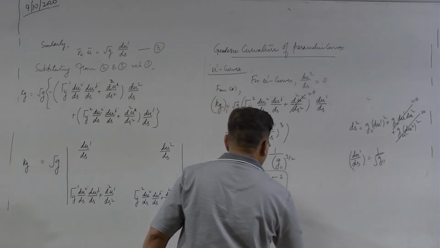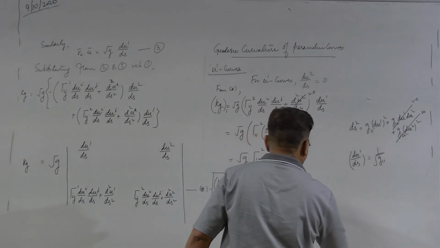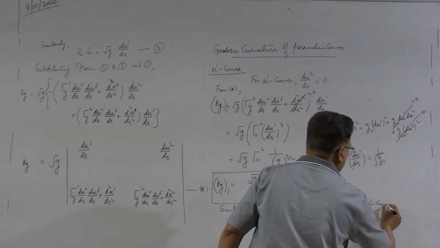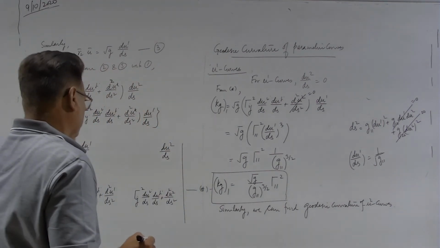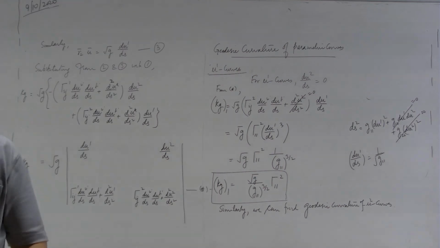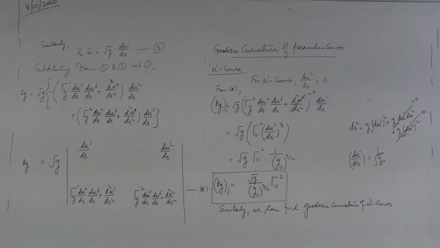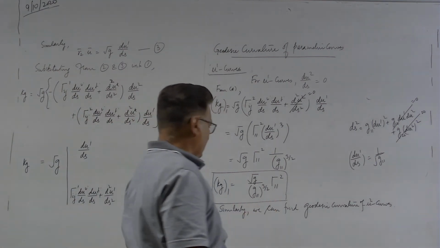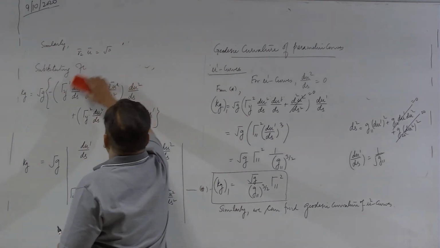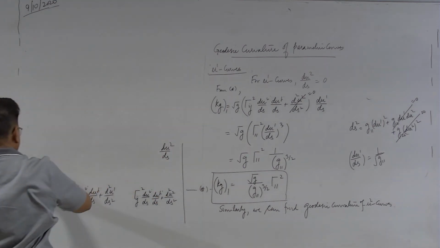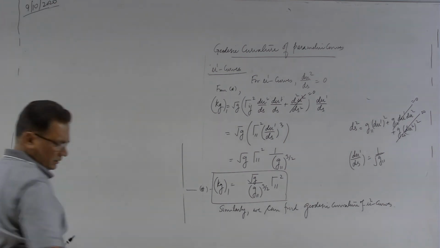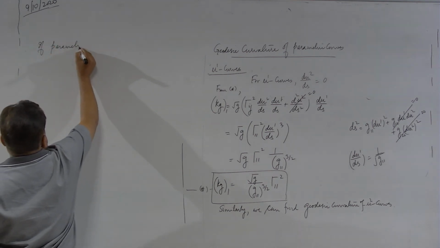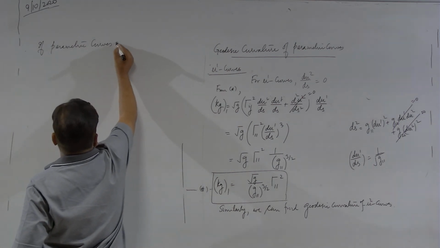Okay. All right, and then, yes, if the parametric curves are orthogonal, then you can see what will happen to this expression. Yes, that can also be seen. What will be the geodesic curvature of the parametric curves if they are orthogonal? So, if parametric curves are orthogonal,